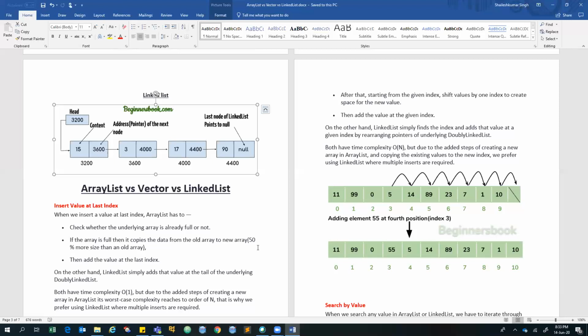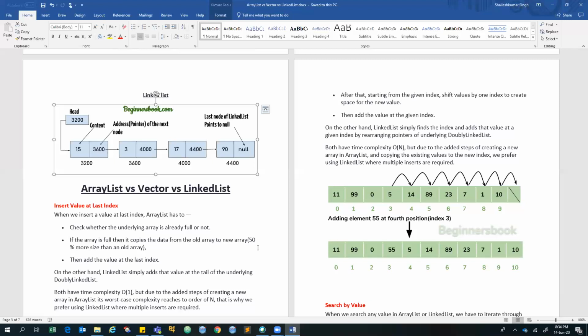The other difference is, if you are working in a multi-threaded environment, I think you should go for vector, because vector is mostly useful in a multi-threaded environment. ArrayList mostly works in a non-threaded environment. If you have only a single main thread and you don't have multiple threads, then you can basically go for ArrayList. But if there is a threaded environment, there is a lot of synchronization you need to maintain. In that case, you should go for vector. So that is a major difference.